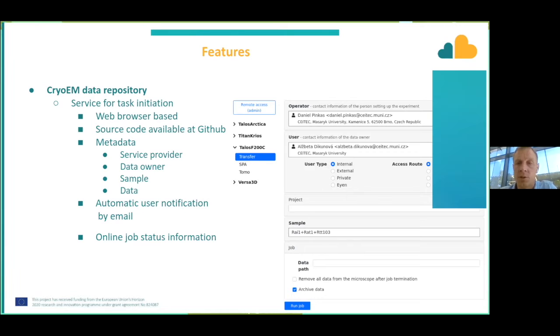and as a part of the metadata, we actually store metadata for 4 different entities. It is information about the service provider, so about the center that actually collected the data for the user, then about the data owner, so the user for whom we collect the data. And then we collect the metadata about the sample and the actual raw data. The system allows for automated user notification and provides online job status that allows us to monitor the data processing on the fly